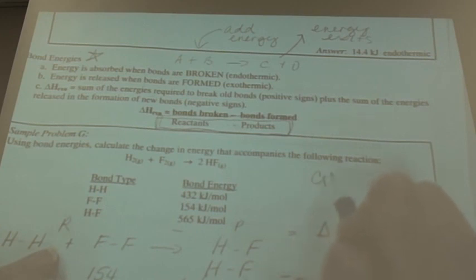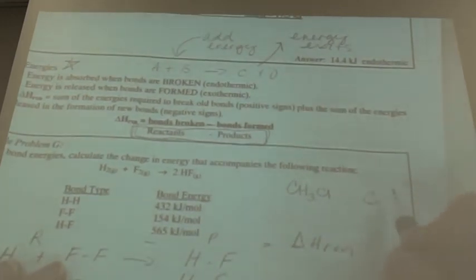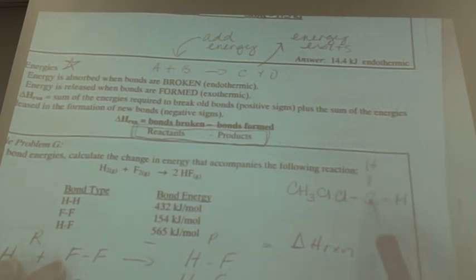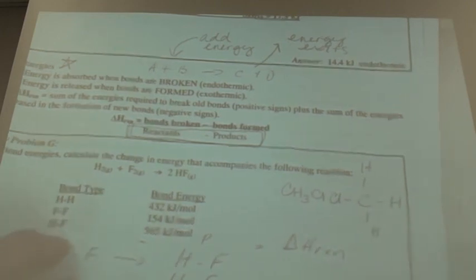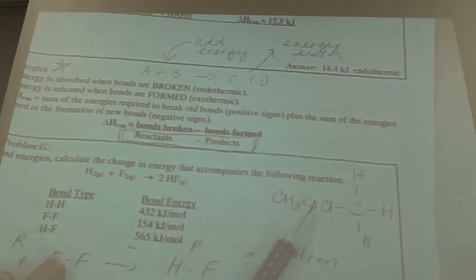Okay, now this is where things get kind of crazy. Look, what would you do if you had a molecule like that? You don't know. You draw it. There would be 3 CH and 1 CCl. Was this on yesterday's homework? Yep, that's why you're seeing it now. Why do you need to draw it? So you know the bonds. It's just an easy way to do that. Okay, now